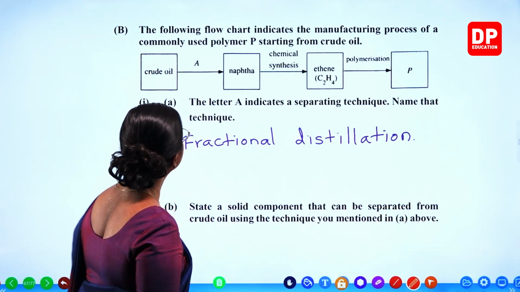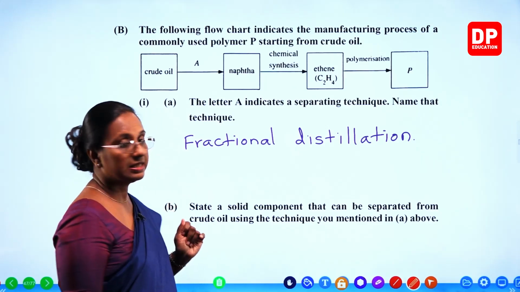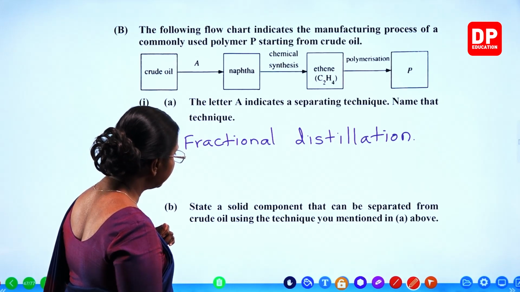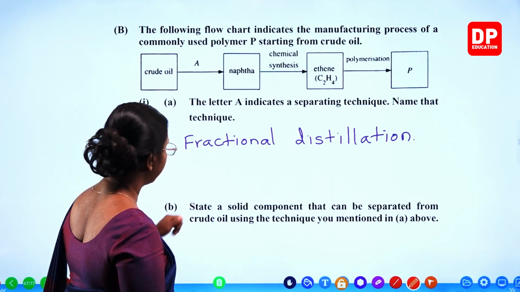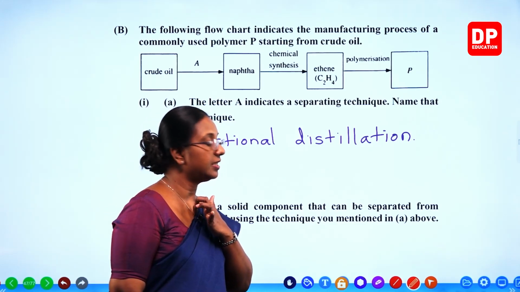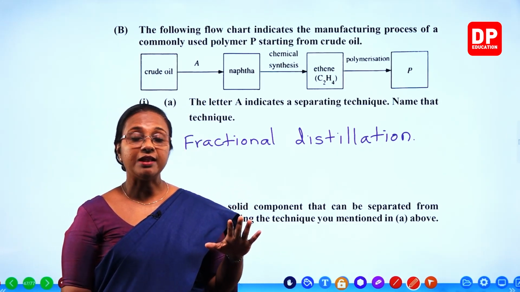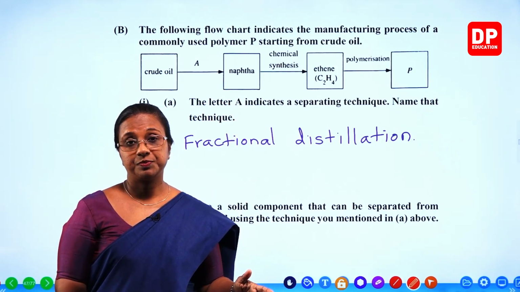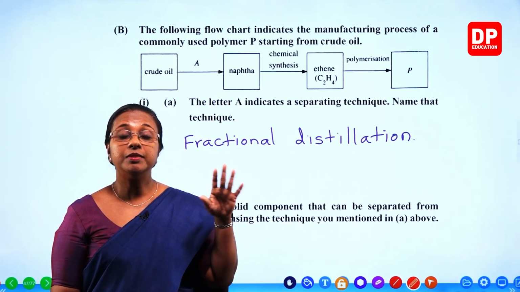Fractional distillation technique. Is that clear? Separation technique. Then B part, state a solid component that can be separated from crude oil using the technique you mentioned in A above. Now you can remember, students, if you take the fractionating tower, at the bottom, the components